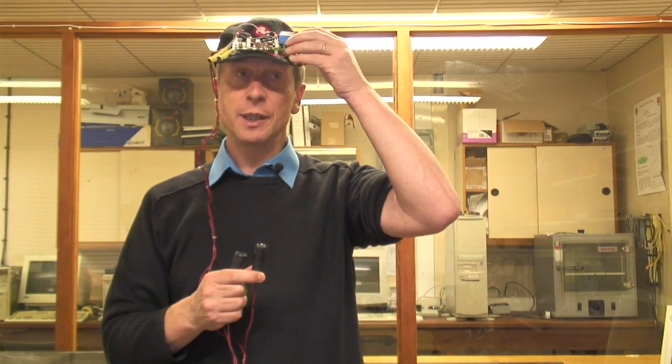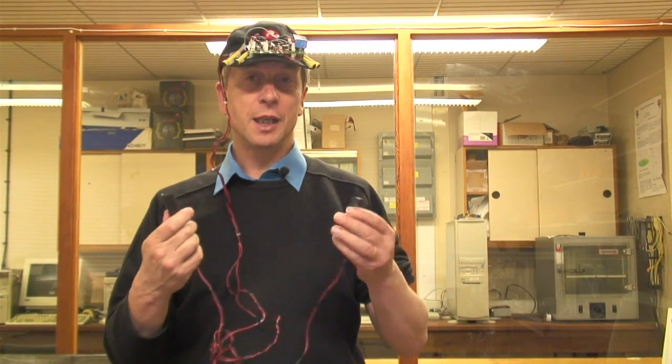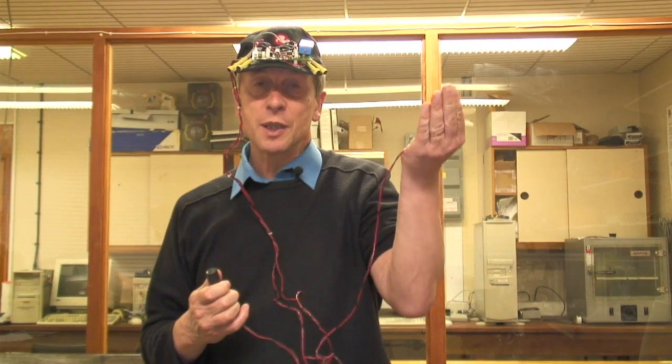With a blindfold on, I was able to move around and detect where objects were, how far away they were from me, pretty accurately. Now just to demonstrate that, if I switch this on, there we go. What we're doing now to show what's possible is taking the ultrasonic signals and converting them to these little buzzy vibrations. As I'm holding this, it's vibrating, but it's making a buzzy noise. And as something comes closer,